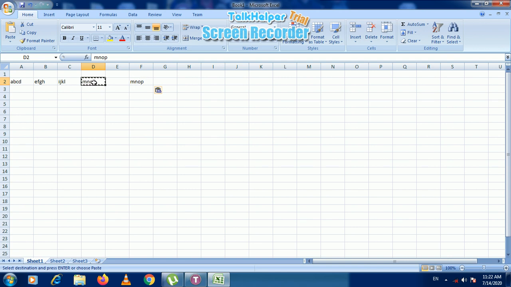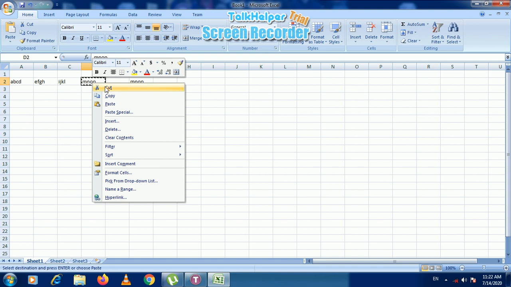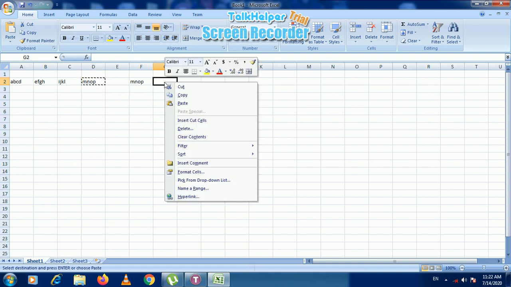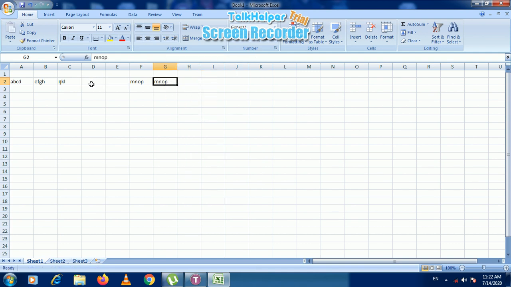The data is the same, and you can find the data in both locations after you have done the copy. If you want to cut the data from a particular place or move the data, you have to click on the cut option. When you click on the cut option, that particular data is removed from there, and wherever you want, suppose G2, you have to click the paste option. That data is removed from its original place. That's the difference between copy and cut. In copy, the data remains in both places, and in cut, which is moving the data, it is removed from its original place.